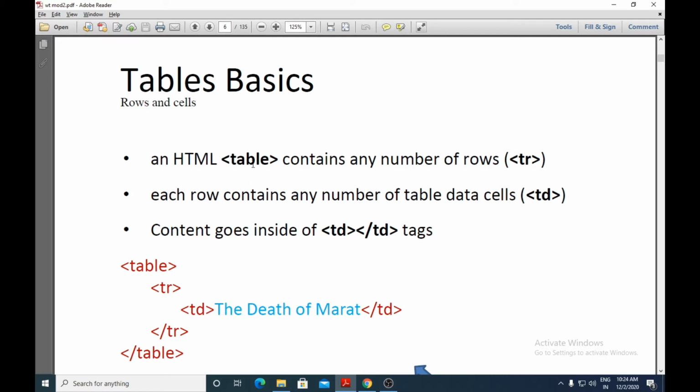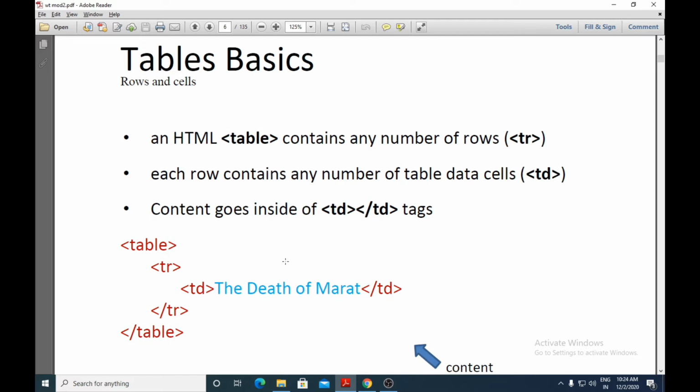So a table will consist of rows and rows will consist of data cells. A collection of data cells will form a row and a collection of rows will form a table. And whatever content you want in the table has to go inside the table data cell elements.